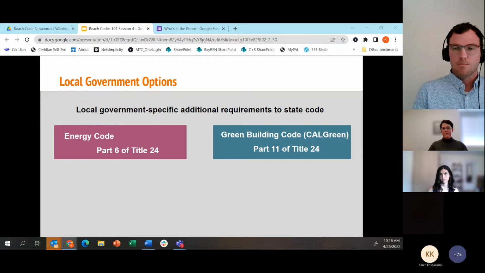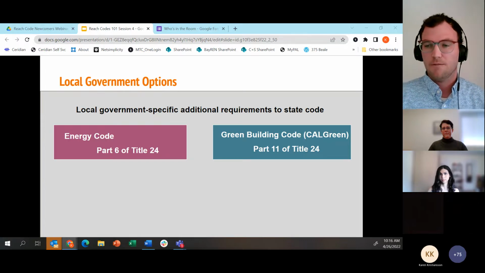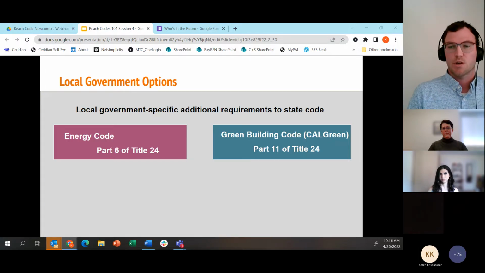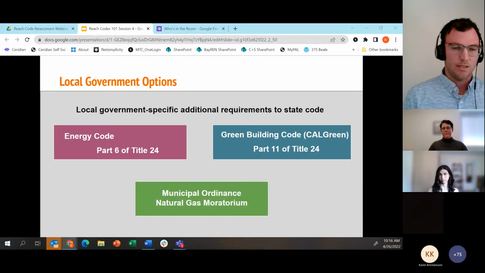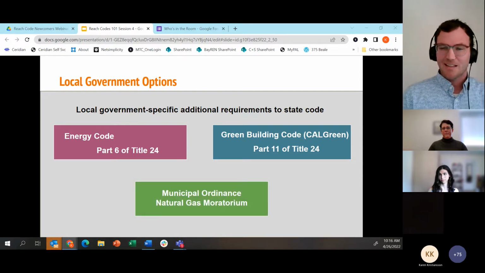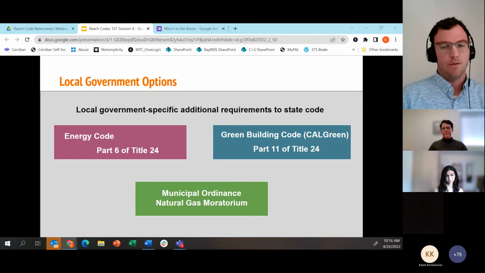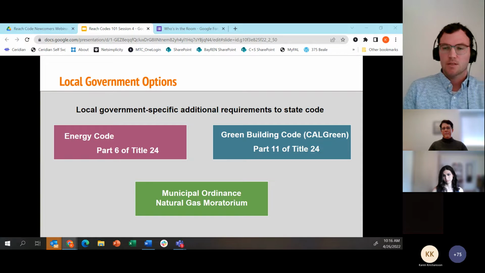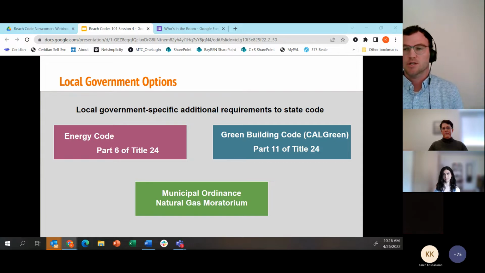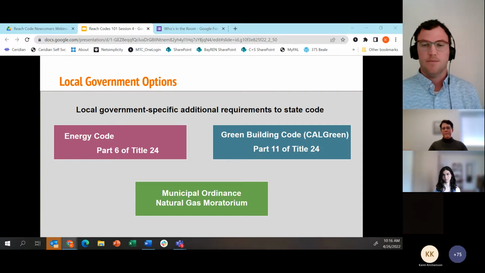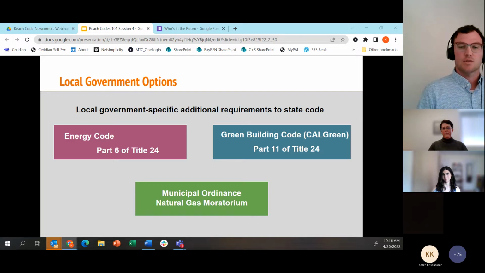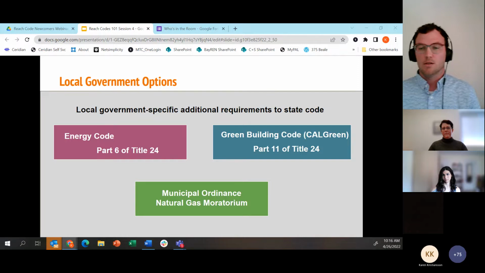And so the other policy mechanism that's often lumped together under the term reach code, if you could click next, Karen, thank you, is a municipal ordinance, otherwise referred to as a natural gas moratorium. This pathway uses the jurisdiction's police power, that is the power that it exercises to protect and preserve the health and safety within the jurisdiction.